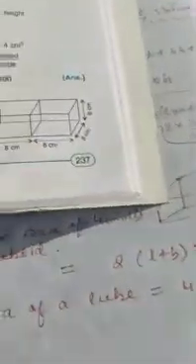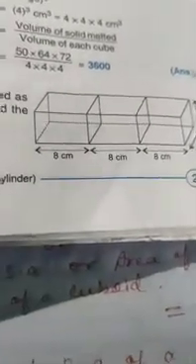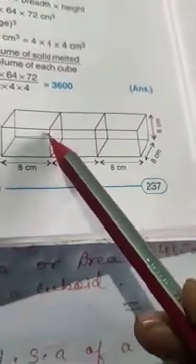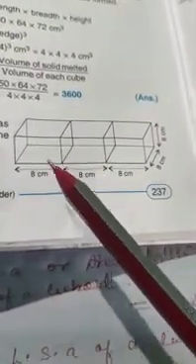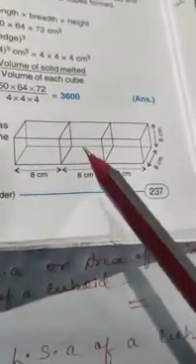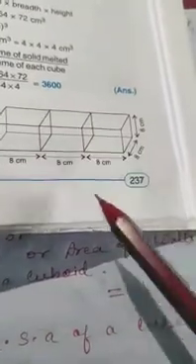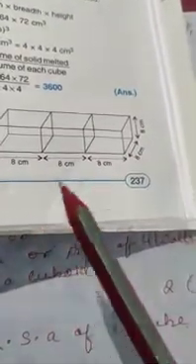One important question, just see here, this type of question may be asked in the exam. Question is: 3 cubes each of edge 8 centimeter are joined as shown alongside. Find the total surface area and the volume of the cuboid. You can see, children, this is a cube, 3 cubes are there, okay? And each cube is 8 centimeter, 8 centimeter, 8 centimeter. But you have to find the total surface area of the cuboid and volume also, okay?